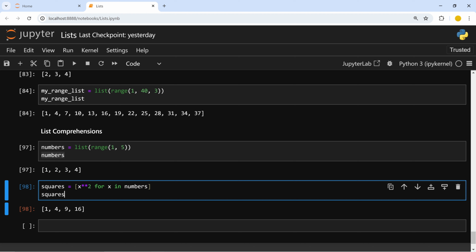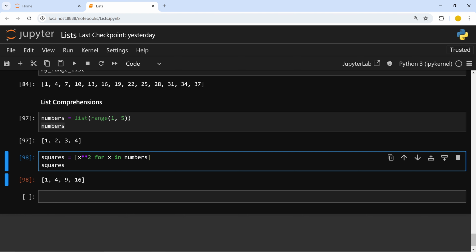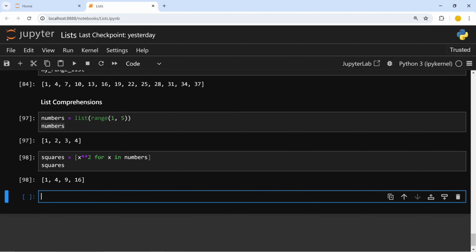This may seem a little complicated to you right now because we haven't covered for loops yet, but when we see for loops, this will be very understandable to you. Okay, now let's create another one to see the power of list comprehensions. This time I will take cubes,